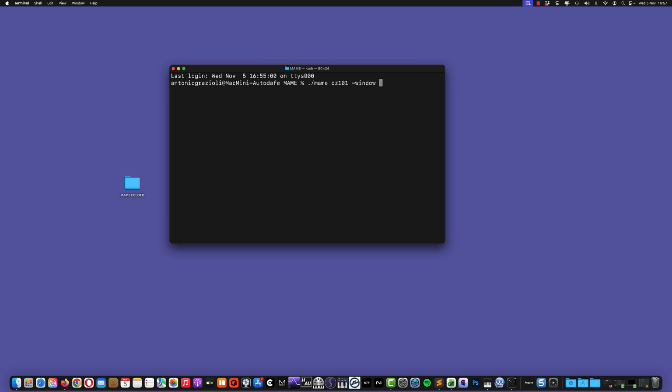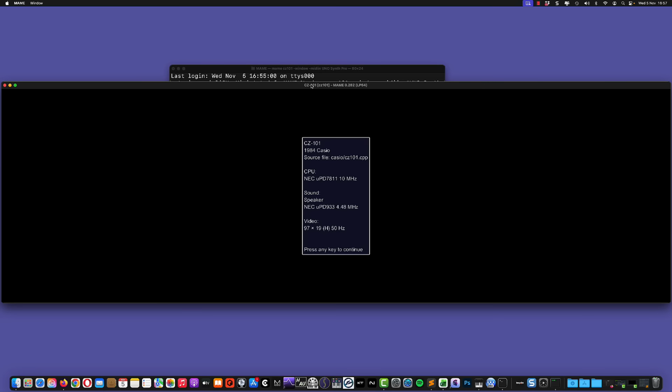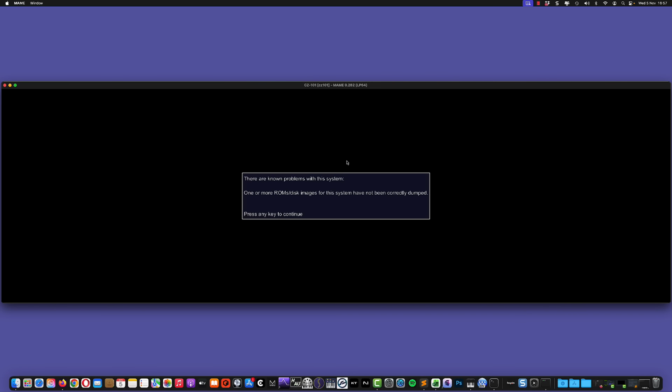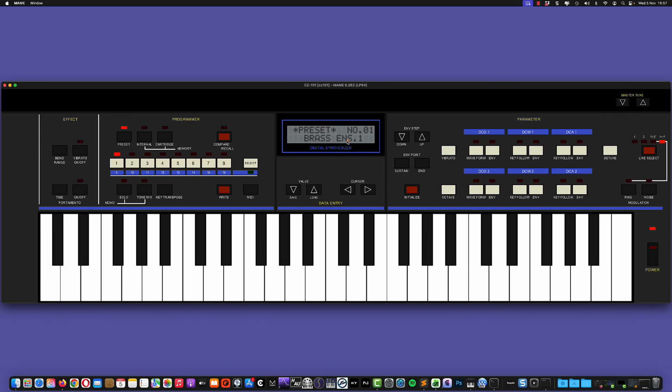So I can go back and type again the same command, ./MAME CZ-101 window, and I want to use the MIDI in command. I have now connected my synthesizer, my Uno Synth, so I will type MIDI in Uno Synth Pro, again using exactly the same name, also with capital letters, and this will start the Casio again, and we should be able to play it using MIDI as well. So let's try it. I'm playing with my MIDI keyboard now,